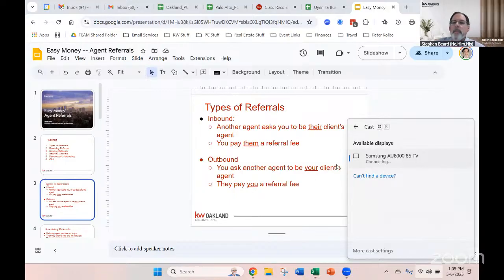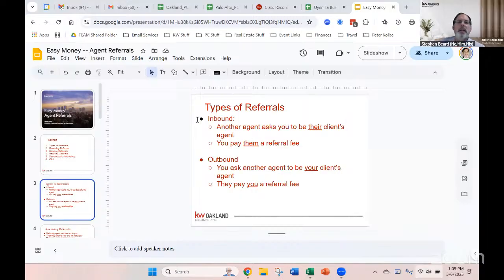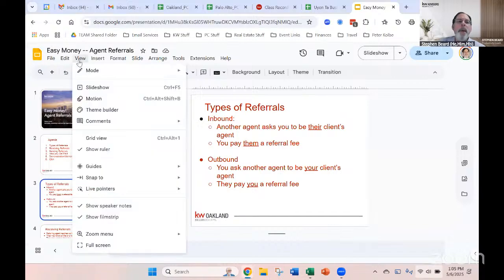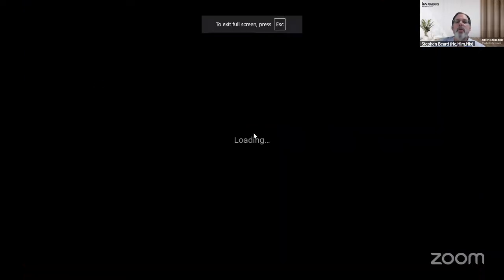So what about finder's fees? I've heard that you can pay someone a finder's fee. Only another realtor. You cannot pay individuals who are not real estate agents any money for real estate stuff. End of story. No finder's fees. It's illegal. You can only pay money to other realtors.